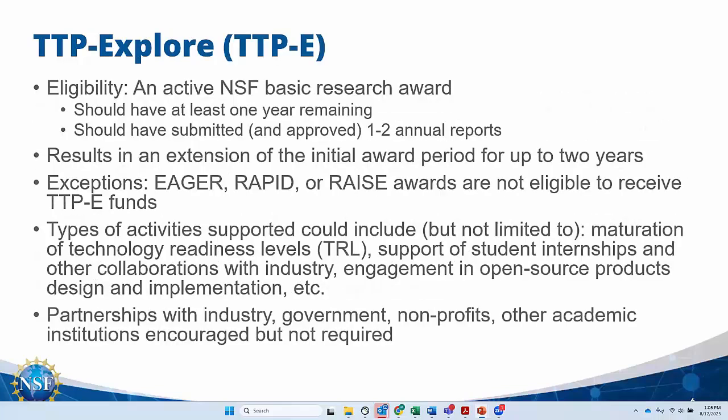So a bit more now on that Explore track. As I said, you must have an active NSF Basic Research Award, and this is awarded as a supplement on that Basic Research Award. So what are we looking for? We're looking for folks that have shown exceptional progress in the Research Award thus far, as exhibited through approximately 1 to 2 annual reports that have been approved, evidence in the reports as well as from the Cognizant Program Director associated with that award. Your Basic Research Award should have at least 1 year remaining. So this does exclude awards that are on no-cost extensions.